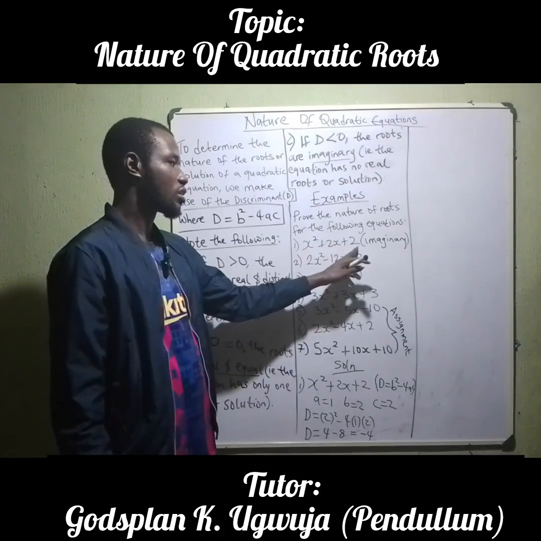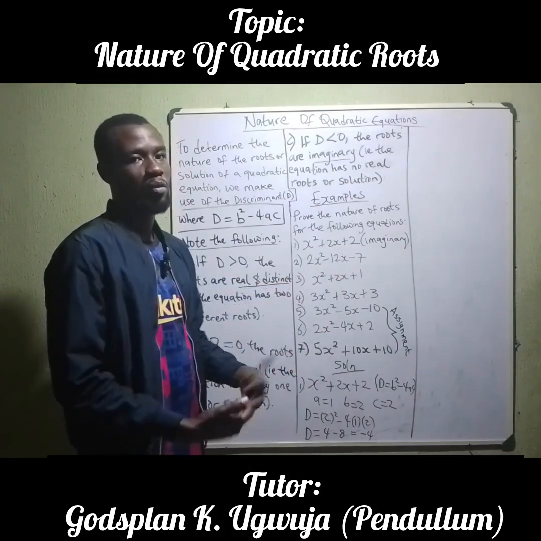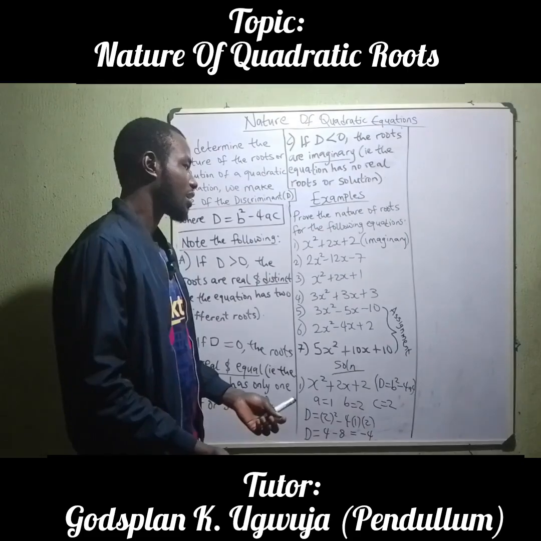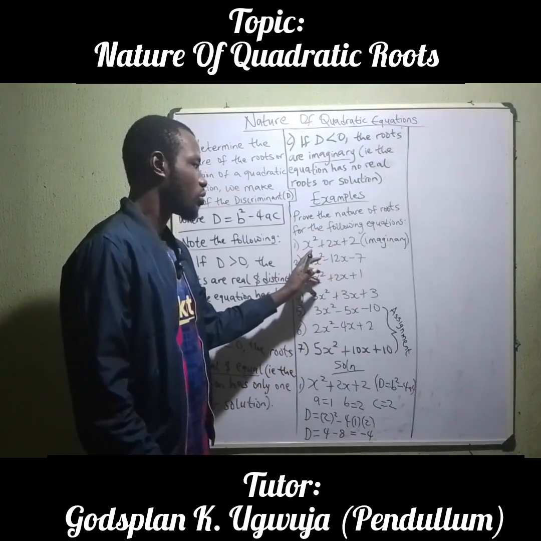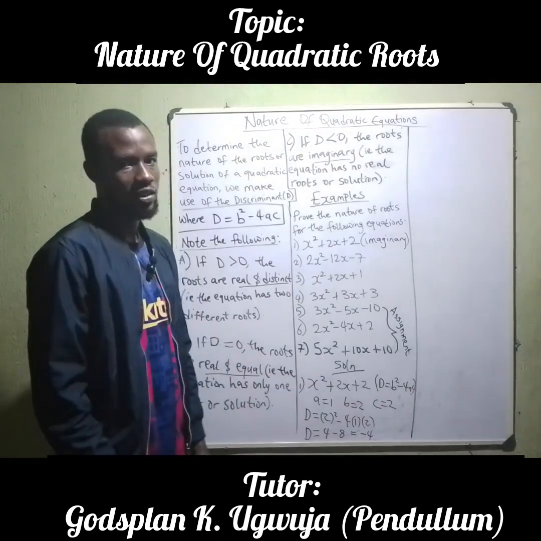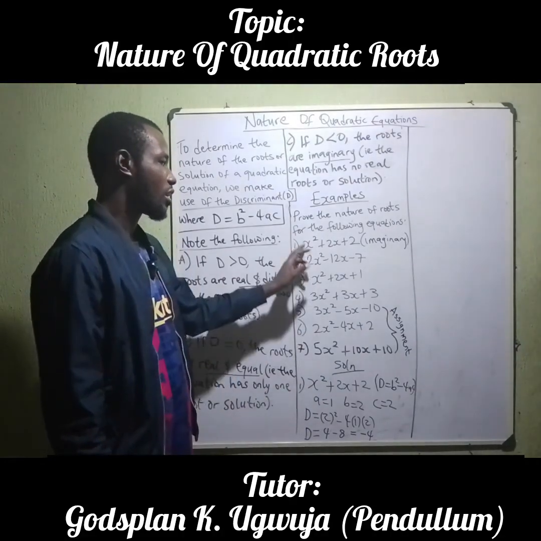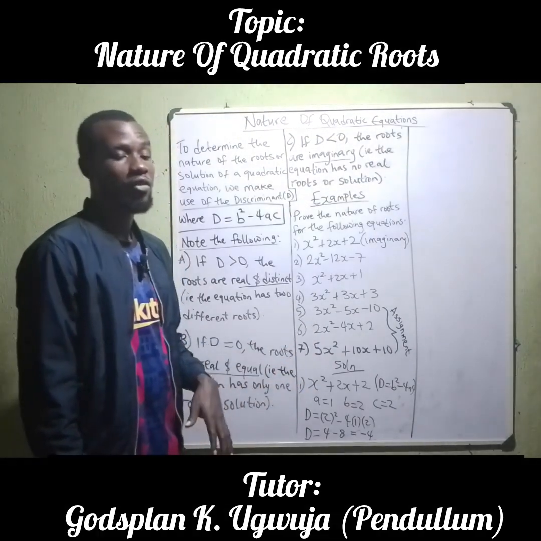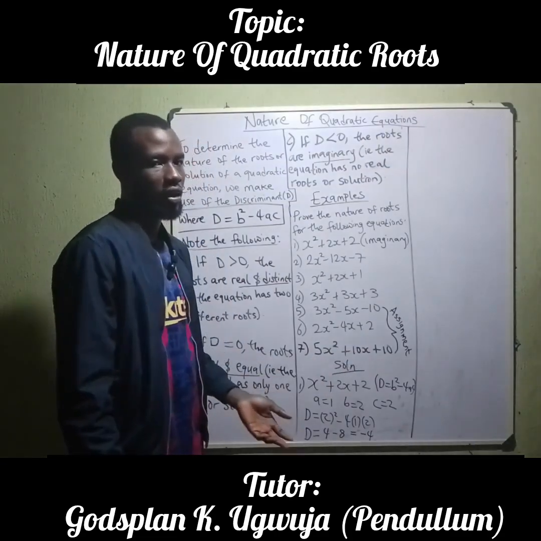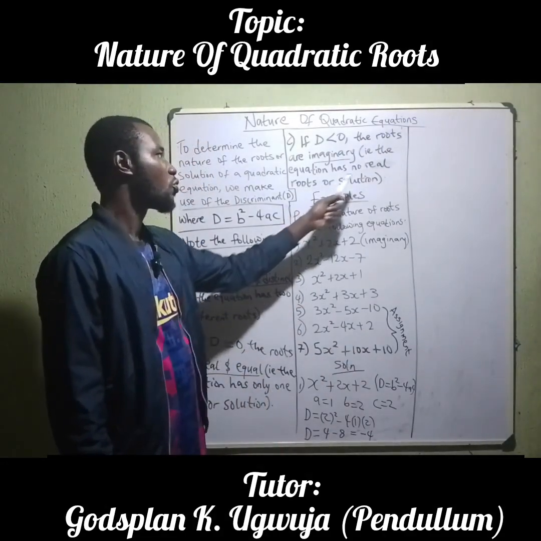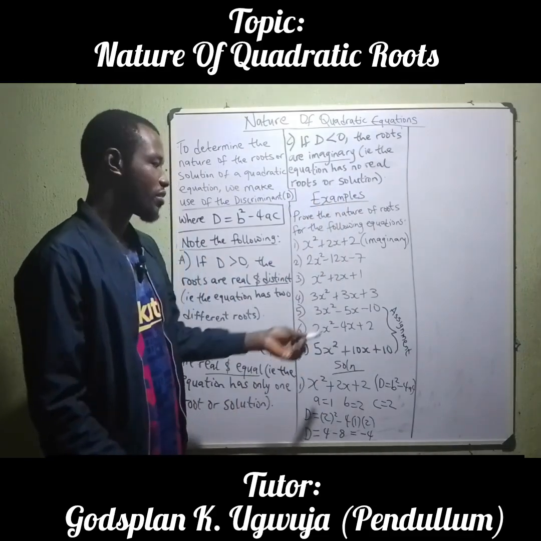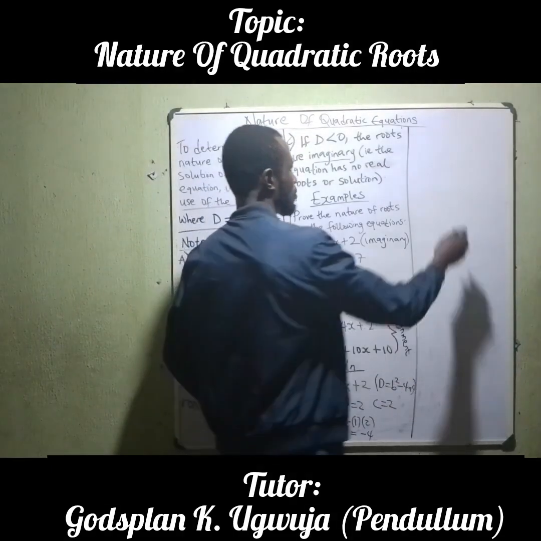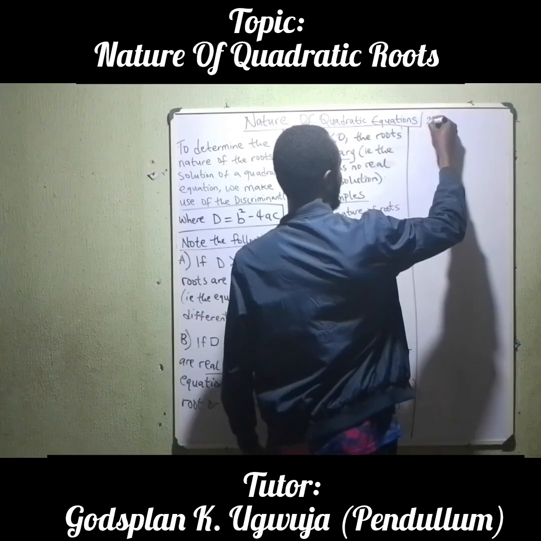You can try to solve it, maybe by factorization, by completing the square, or by quadratic formula, and see if you'll be able to get real numbers as your answer. You will find out that along the line you'll be having the square root of a negative number, which will now involve you going into complex numbers. So that's why I say it has no real solution. The solutions are imaginary or complex. So I hope this is clear enough. This is actually very simple. Number 2,